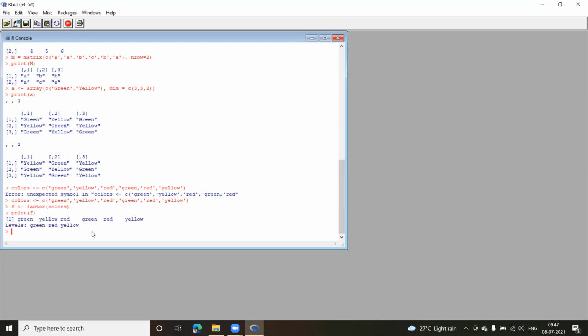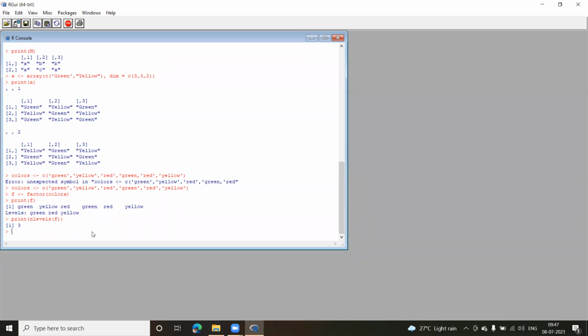If I want to know, using the function nlevels, I can also make use of that function. So I can give the print function. Inside the round bracket, I'll write nlevels. It is going to return me the different levels. And in round bracket, I want to find the levels of the factor f. So I'll give f here in the round bracket, complete this round bracket as well. Press enter, and here you can see how many levels I have. I have three levels. You can see these three levels here: 1, 2, 3. And n means number of levels, how many levels I have.